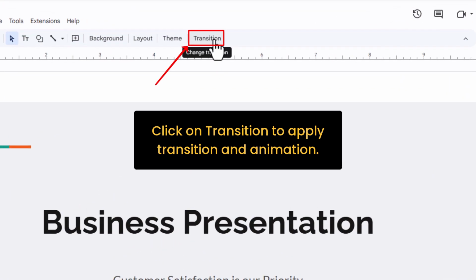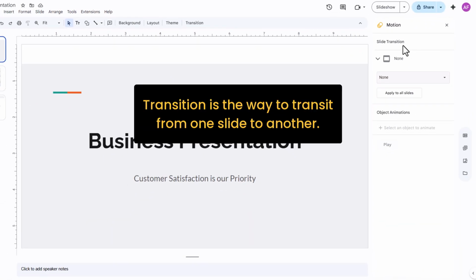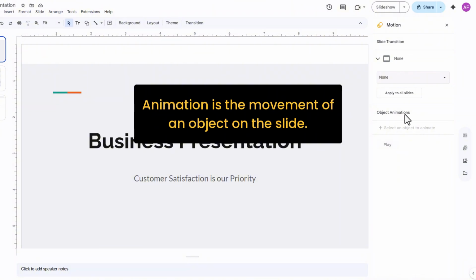Click on transition on top to open the options for slide transitions and animations. With another slide transition, you are adding another way one slide is changing to another one. And here under object animations, you can change the way text boxes or images are being shown or the movement